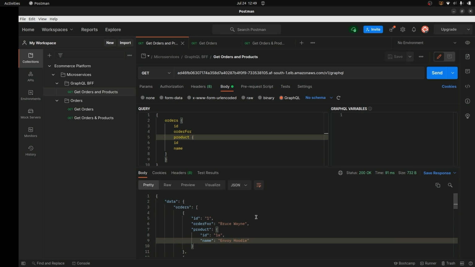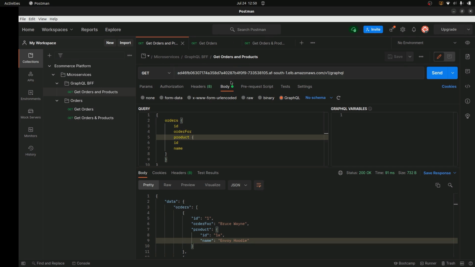For products, this will be reflected in the list of products. You can see over here, we've got a product 1A with the name Envoy hoodie. In the other list, this will be Kubernetes t-shirt, so on and so forth. This is just so we can distinguish between the two different versions and see that our traffic is hitting the different replicas. Now, just a reminder, all requests go through the Istio Ingress gateway, and there are 3 endpoints that